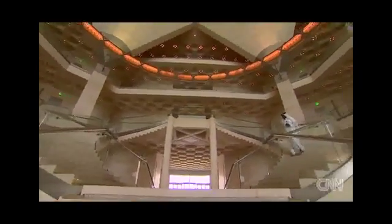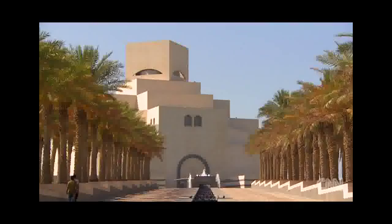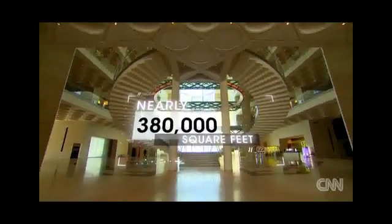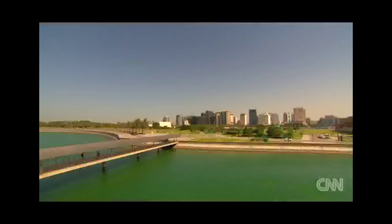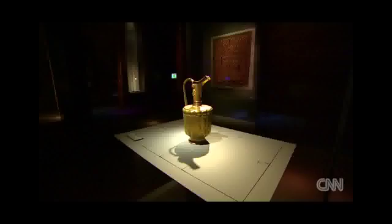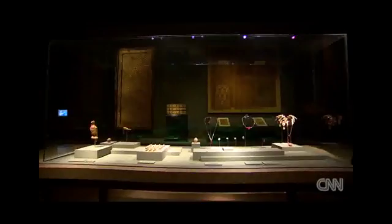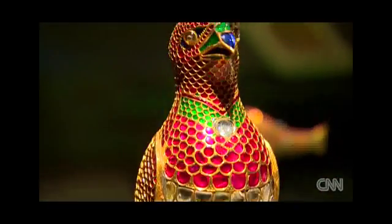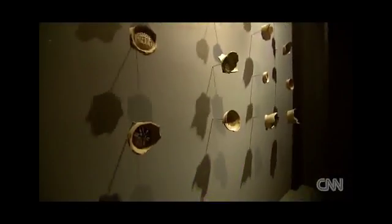The museum was designed by legendary architect I.M. Pei, whom the Qatari royal family lured out of retirement to create what he calls a piece of sculpture. It's roughly 380,000 square feet, standing on its own island to ensure no buildings would ever overshadow it. In just 6 years, the museum has built the largest collection of Islamic art in the world, including manuscripts, ceramics, ivory, and precious stones. The exhibits date back as early as the 7th century and have been collected from 3